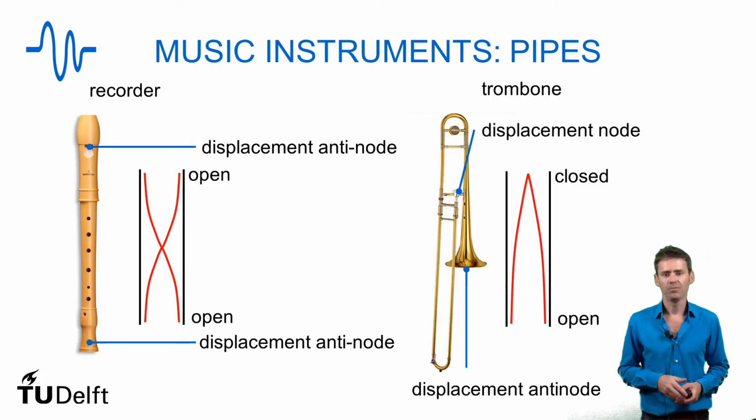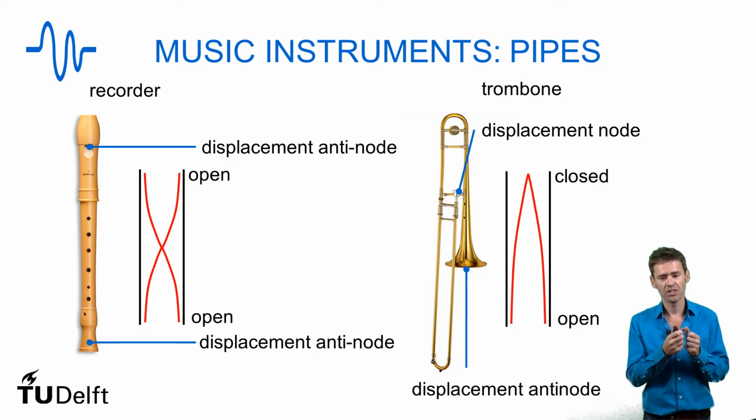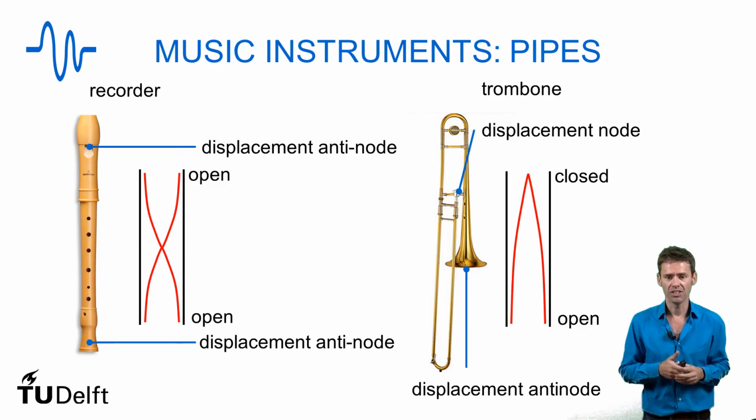As a second example, there's the trombone. This is an instrument that has an open end at one side. This is just similar to what we have in the flute. But on the other hand, there's a mouthpiece where you cover it with your mouth. So that's essentially where it is closed. And that's why the whole pitch of the trombone is arranged in a different way. But you can change the pitch by blowing it differently, but also by changing the length, and thereby changing the fundamental frequency of the trombone itself.